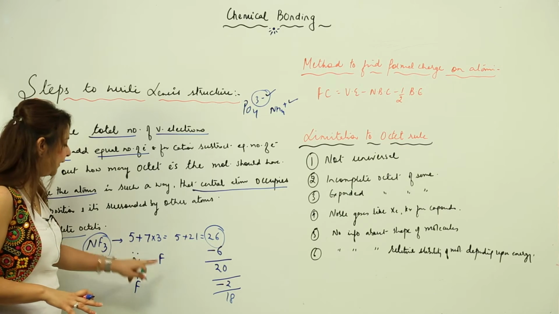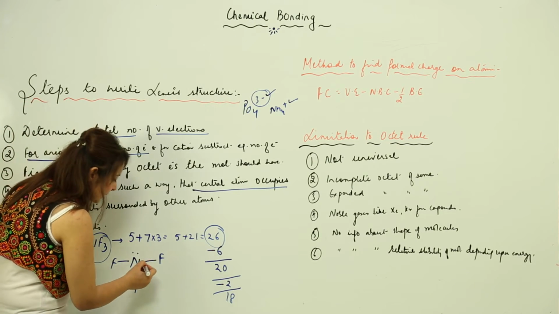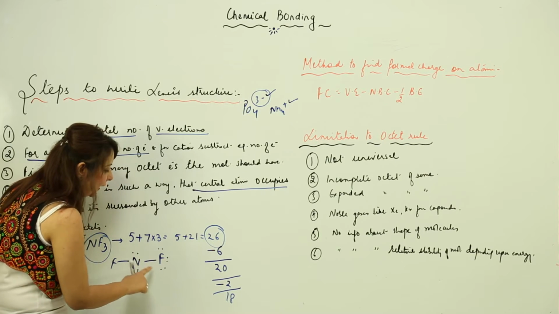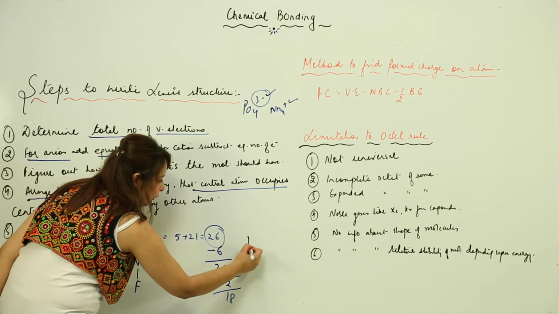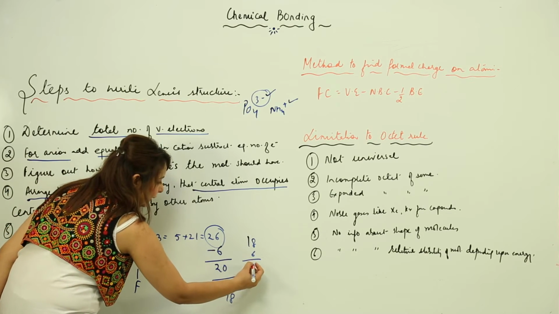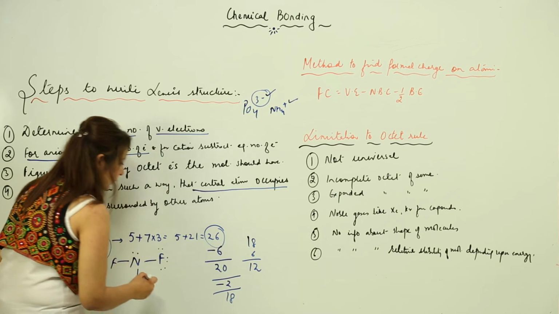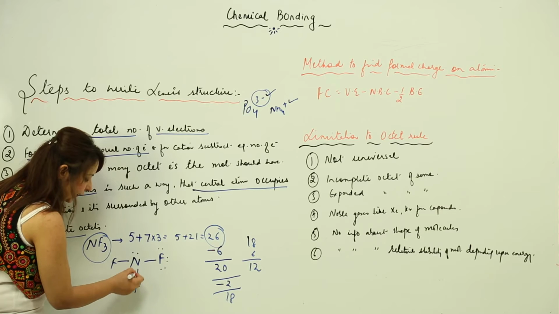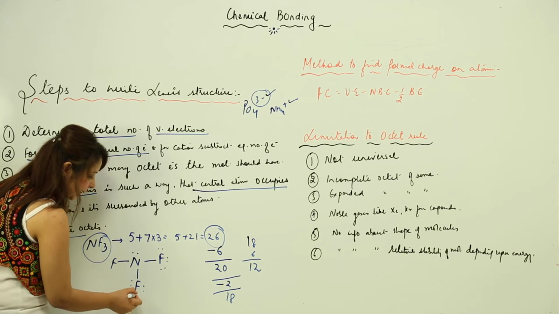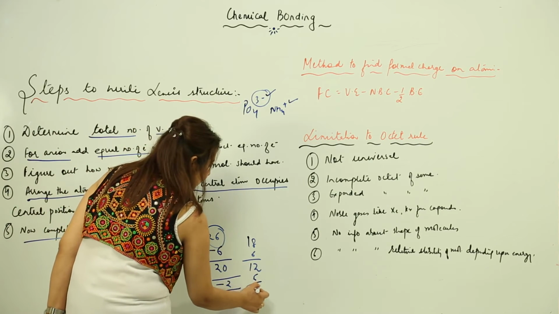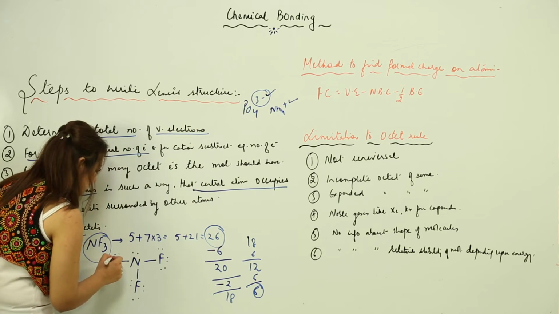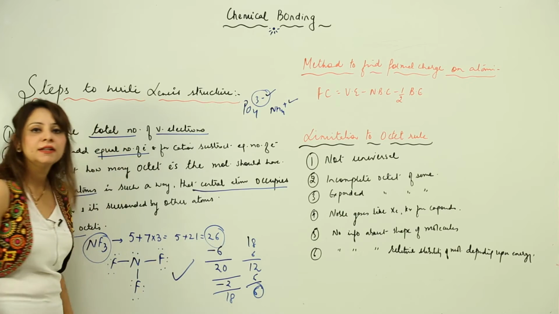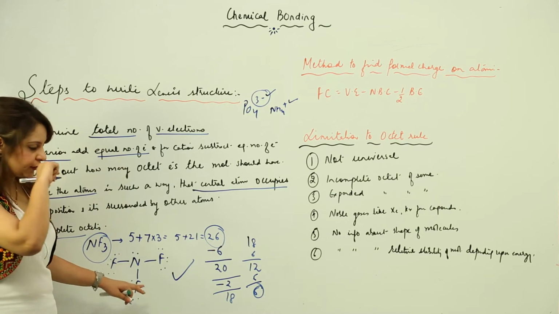Let us complete the octet of the first fluorine. It already has 2, then 3, 4, 5, 6, 7, 8. How many electrons have I used? 6, so I subtract 6 from 18 and we are left with 12. Again, we stabilize the second fluorine. It already has 2, then 3, 4, 5, 6, 7, 8. We subtract 6 and are left with 6, and those 6 are used in stabilizing the third fluorine. So this is my Lewis structure.